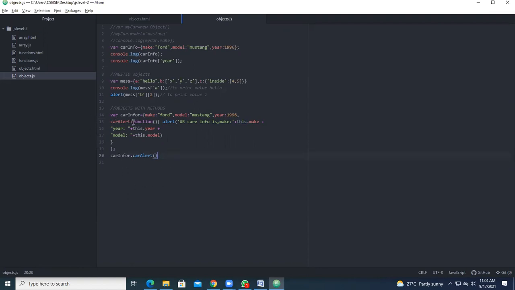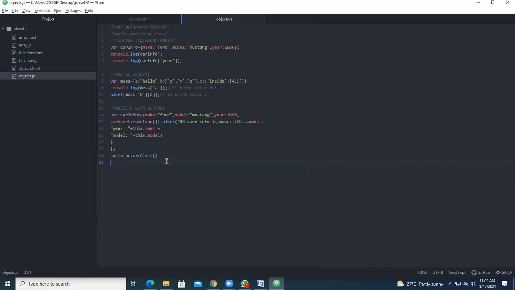So this here is the called function, and this one we call as the calling function. Understood? So this is the concept of objects. So objects is not that much more. It is only up to how to create an object, how to give the values for the object, and how to retrieve the values using nested objects and all.